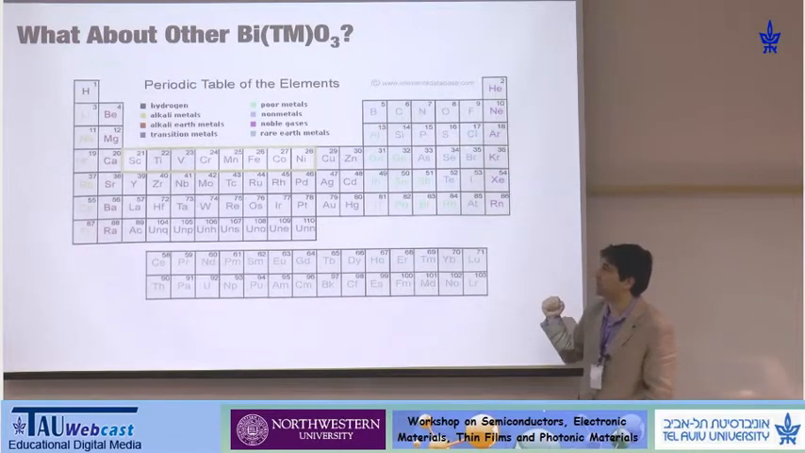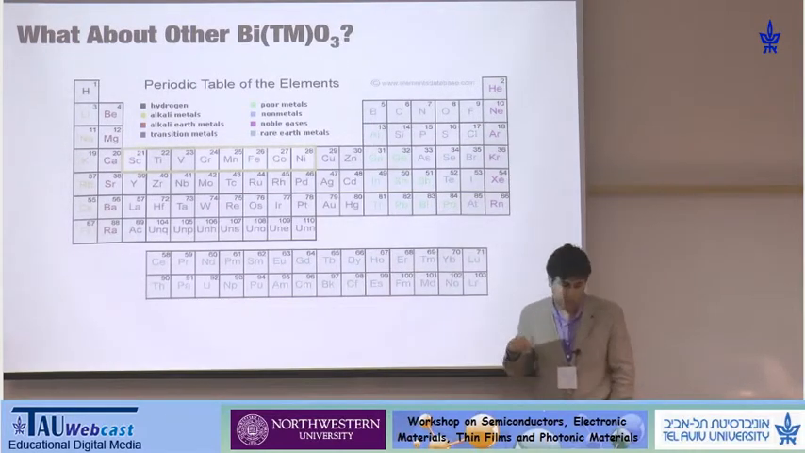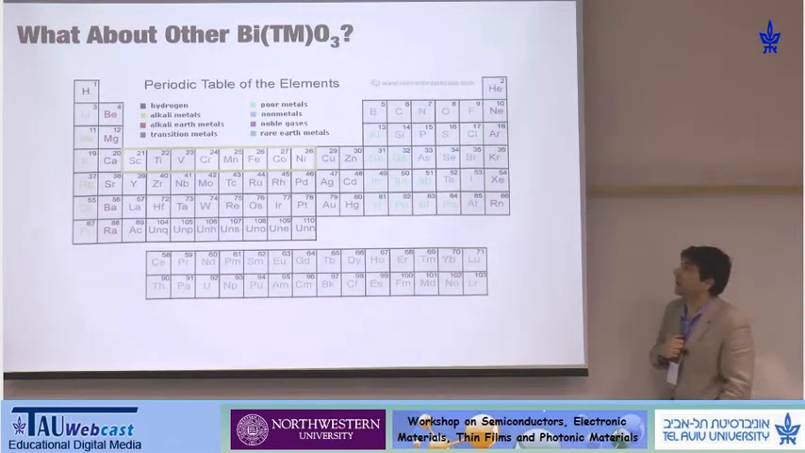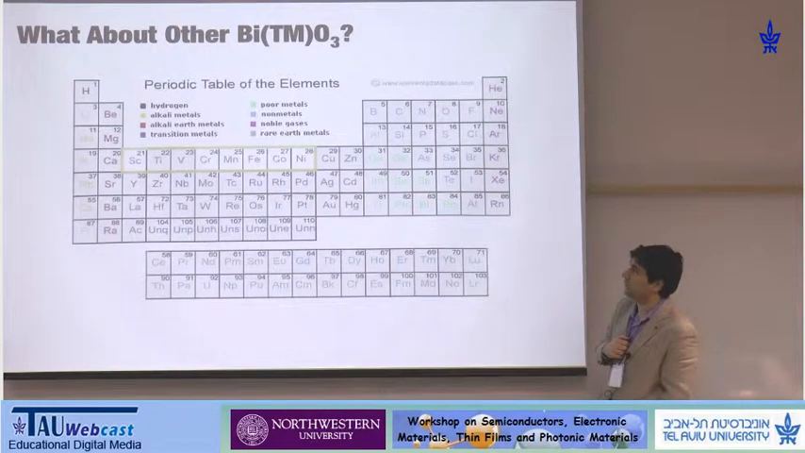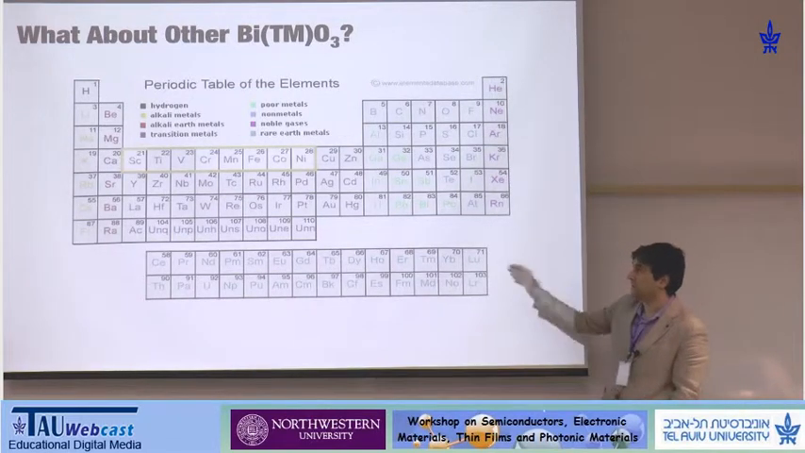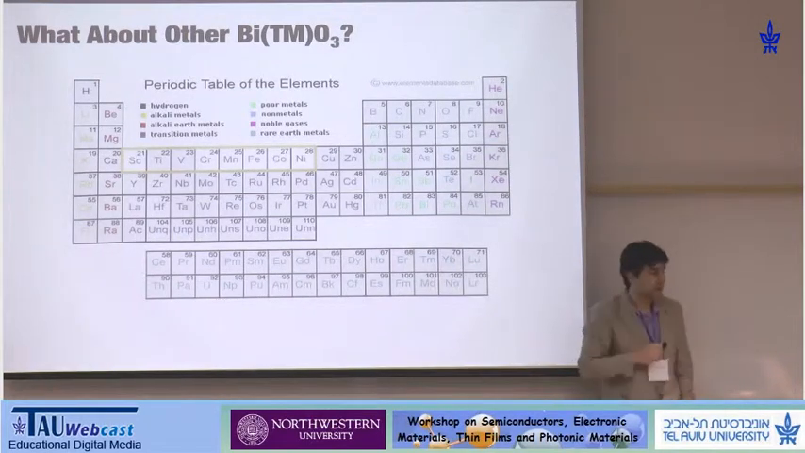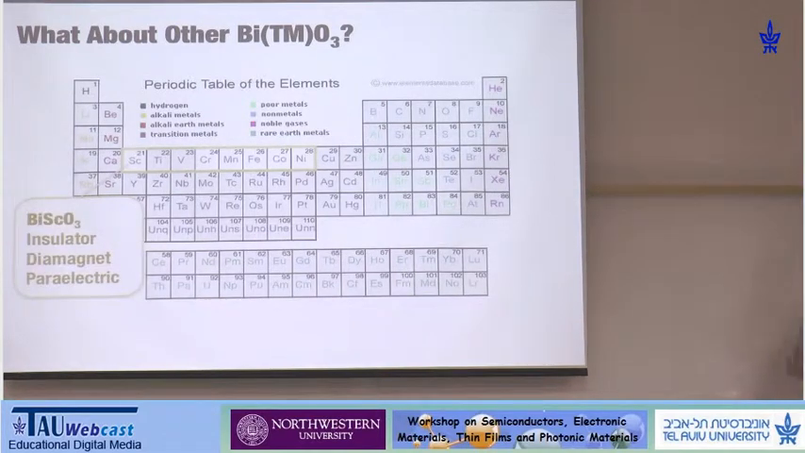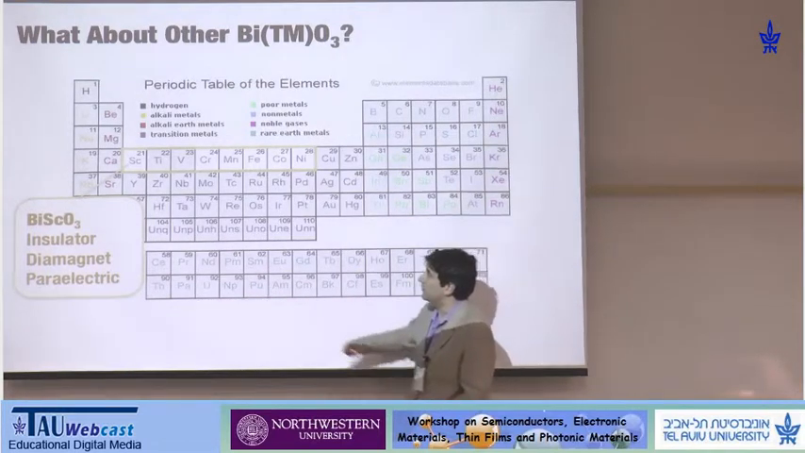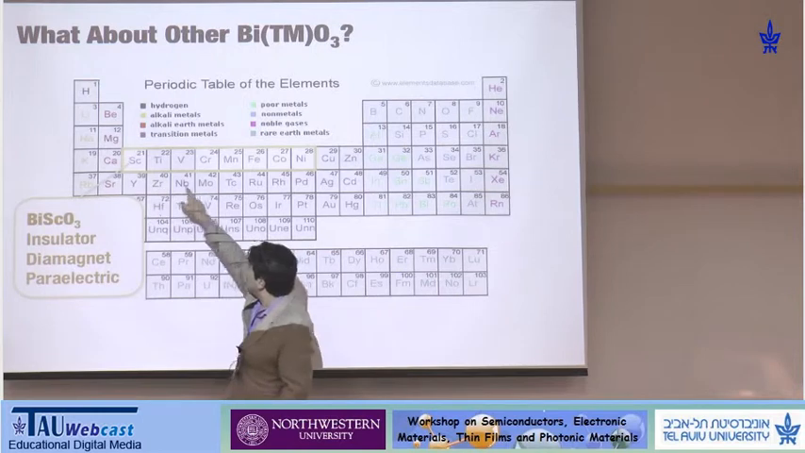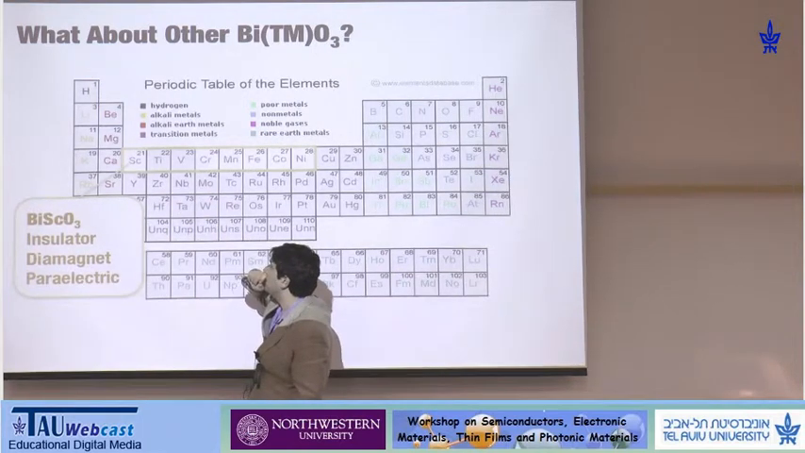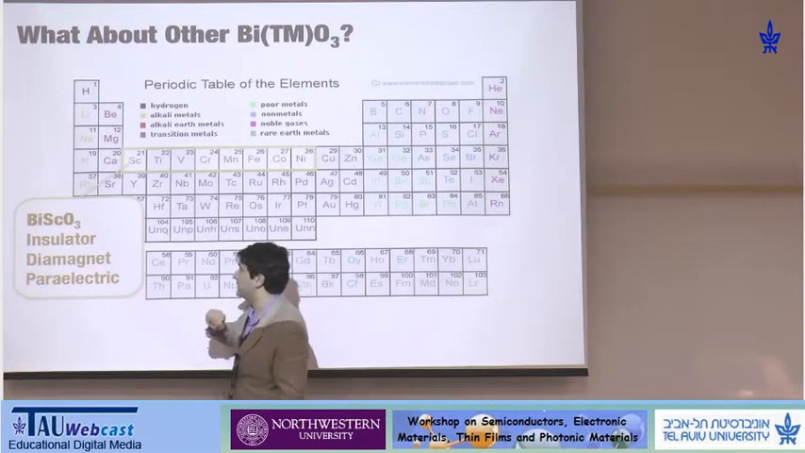Some other part of the work, and this is done in collaboration with Jorge Dieguez at Barcelona, where I was before, is to try to find other materials. In this case, we looked at other transition metal oxides with bismuth. If you go to the experimental literature and you look at the ones from the same row that can be grown as perovskites,